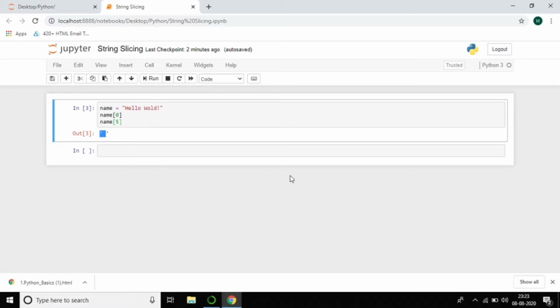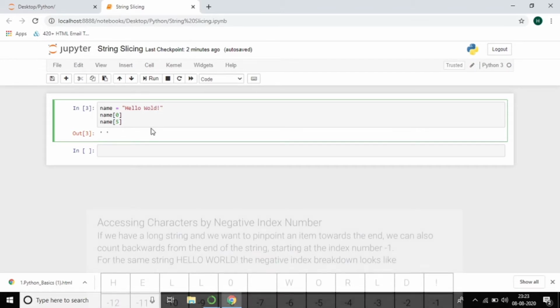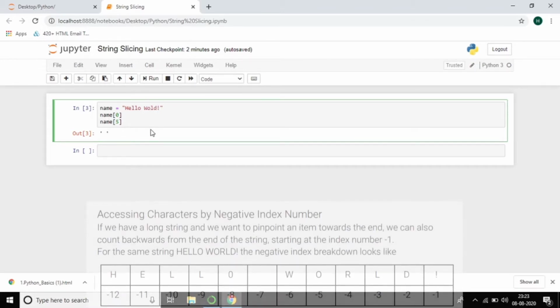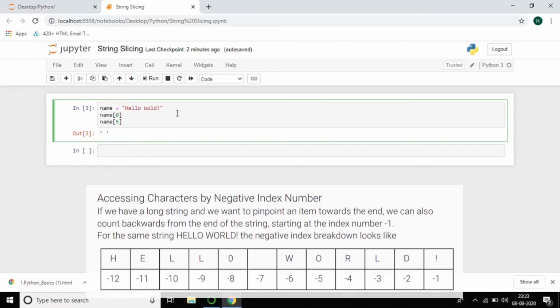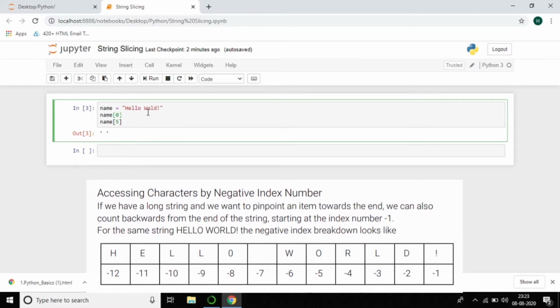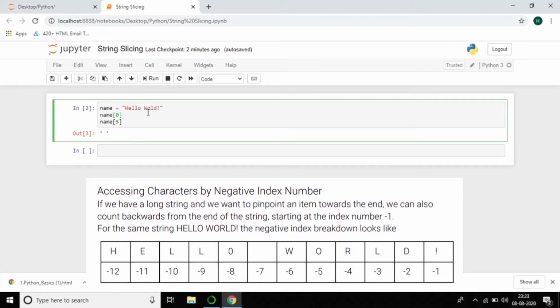So what is meant by negative indexing? You can see that the exclamation mark can be called -1, d is -2, and l is -3, o is -4, -5, -6, continuing up. So this is about negative indexing. It does not start from -0, right? Going backwards, it starts from -1.